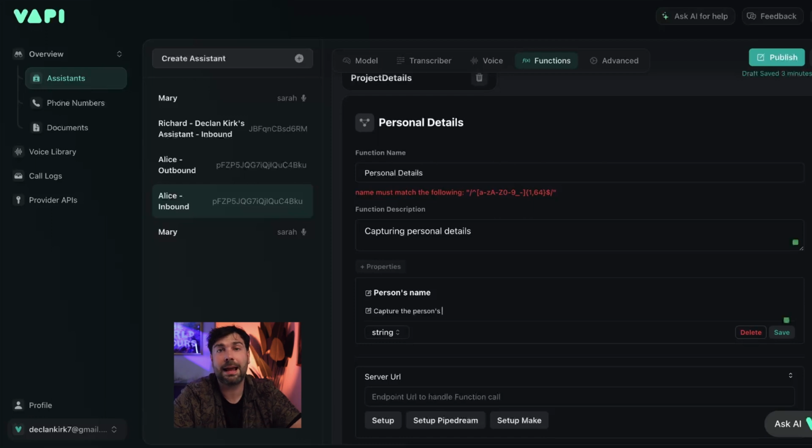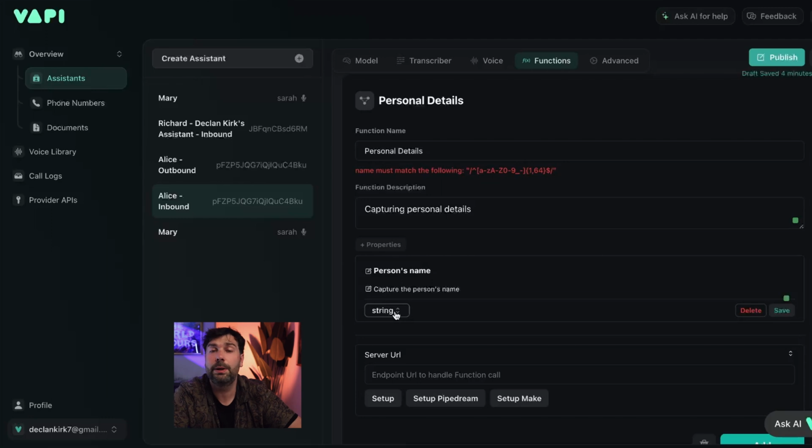So in terms of then how we capture that data, we've got a few different options. The default is string, which is effectively where it captures a line of different pieces of information. So whatever is going on or taking place with that individual or the person, it's in the string. We then got number. So if we want to capture, I don't know, if someone's budget or a phone number or something along those kind of lines, we can specify that we want a number.